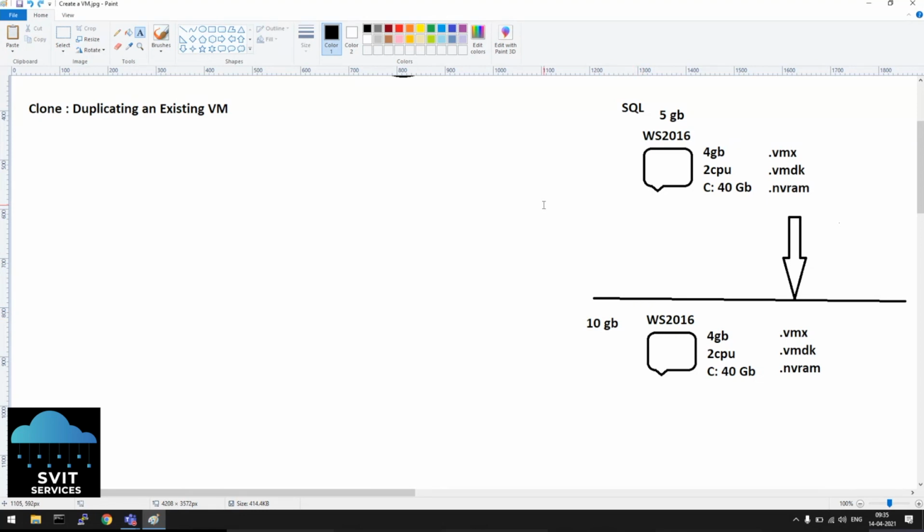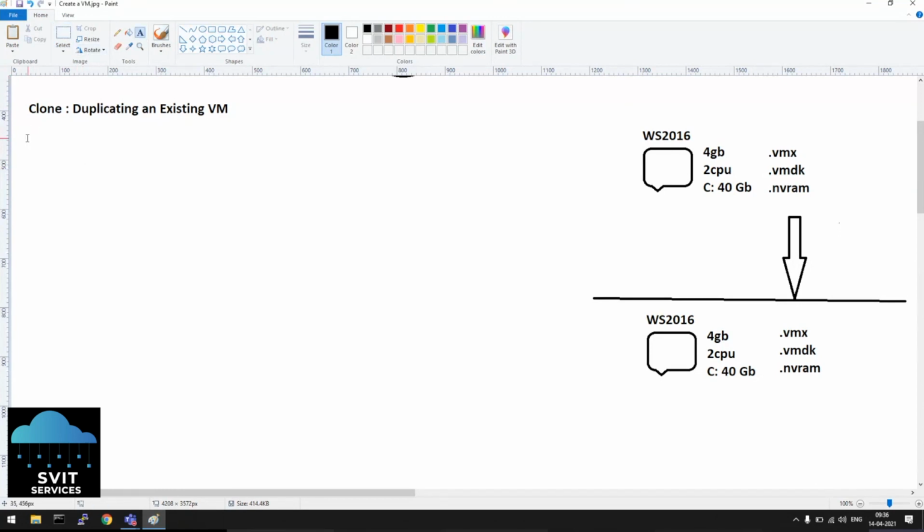That's the disadvantage. If there is any unnecessary data on the source, that also will be copy pasted. We cannot avoid that. But if it has only a plain OS without any specific applications, yes, we can do cloning. Now, if someone has asked you to clone, you can simply clone this virtual machine. But if you just see a virtual machine inside the vCenter, we cannot identify what is running inside it. We don't know whether anything is installed or not. That's the drawback here.